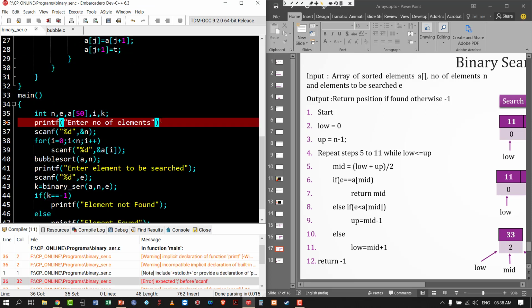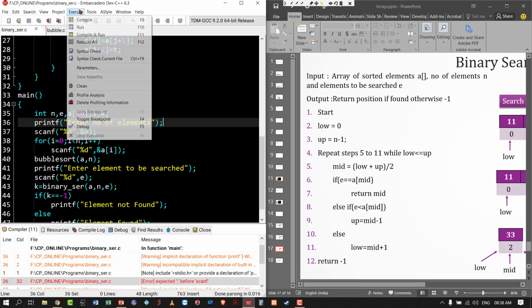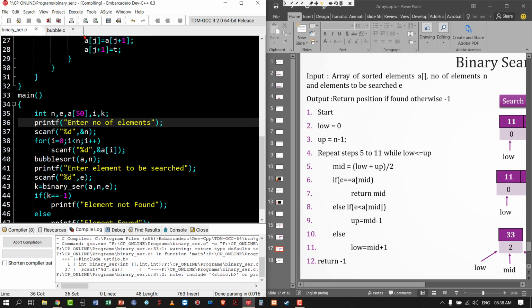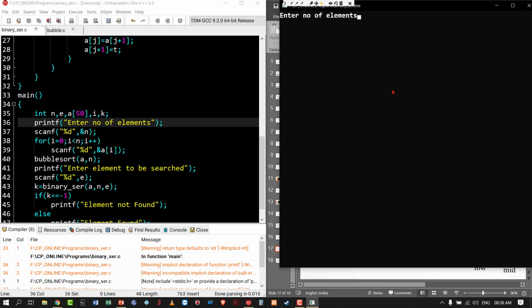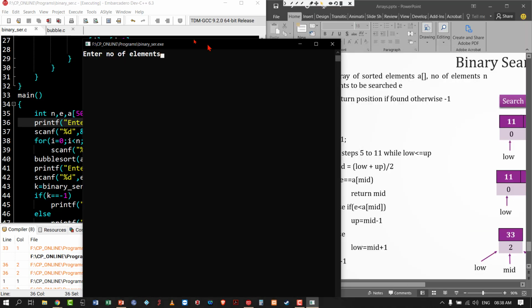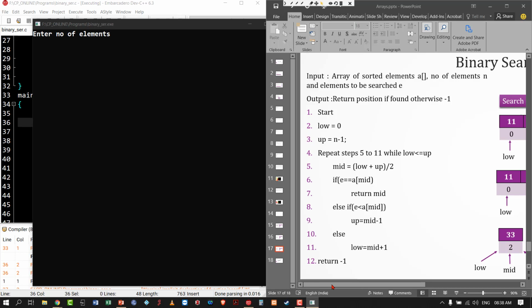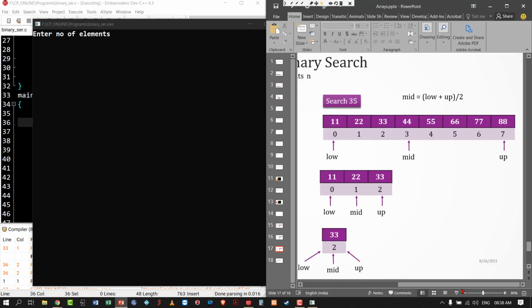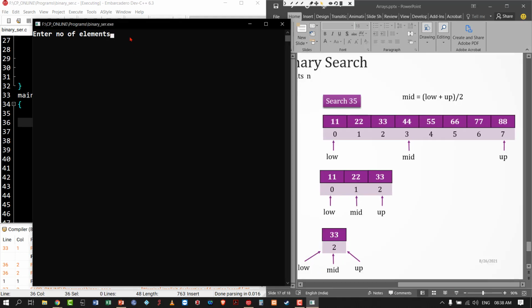So errors are there, a missing semicolon. So enter number of elements. The number of elements is 8.